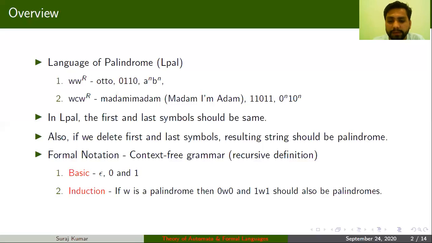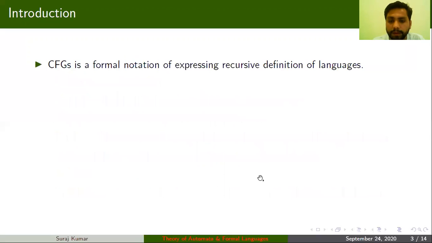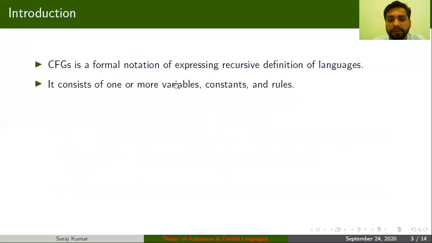If you see the previous example, my constants were epsilon, 0, and 1, and my variable was W. 0 and 1 were constants, and W was the variable. So here you can see some variables, some constants, and some rules.